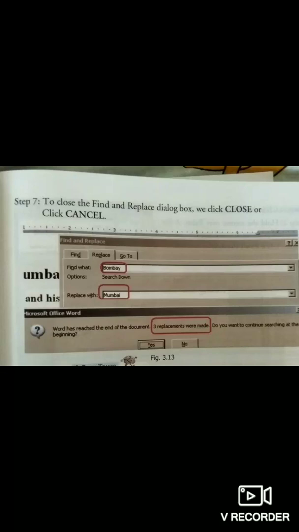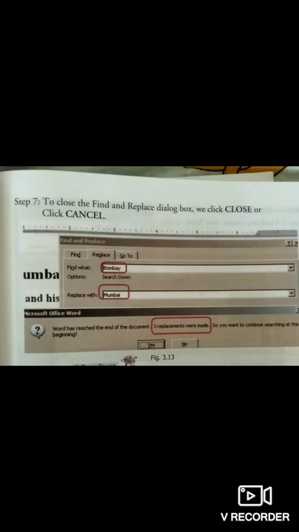After that comes the option Replace with, meaning the word by which you want to replace. In that same dialog box, we type whatever we want to replace it with. That is, in the Replace with text box, we type the word Mumbai.